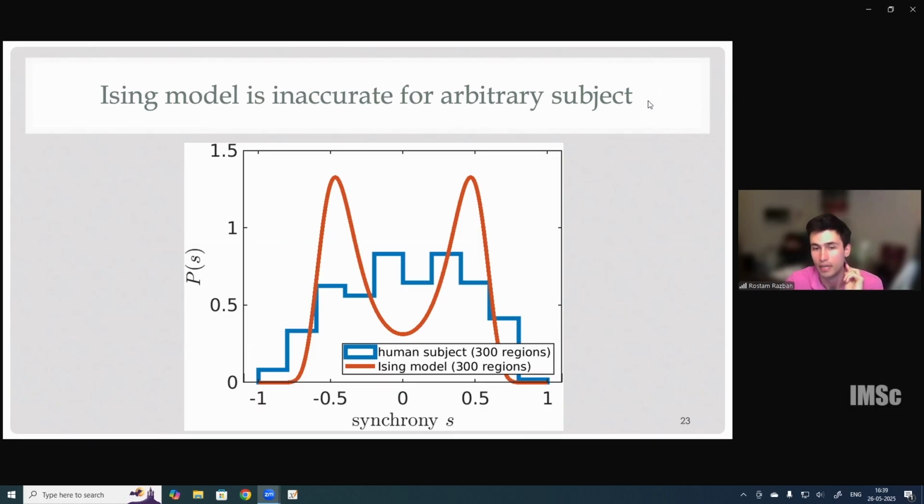In orange is our Ising model fit using maximum entropy, and it's qualitatively off. We're getting a bimodal distribution with the Ising model, but the human subject data is unimodal. And this is very disappointing because we're using a maximum entropy fit. This is the most minimal information provided to reproduce the data. So it's exactly giving us the second order moments of this distribution, the maximum entropy fit,